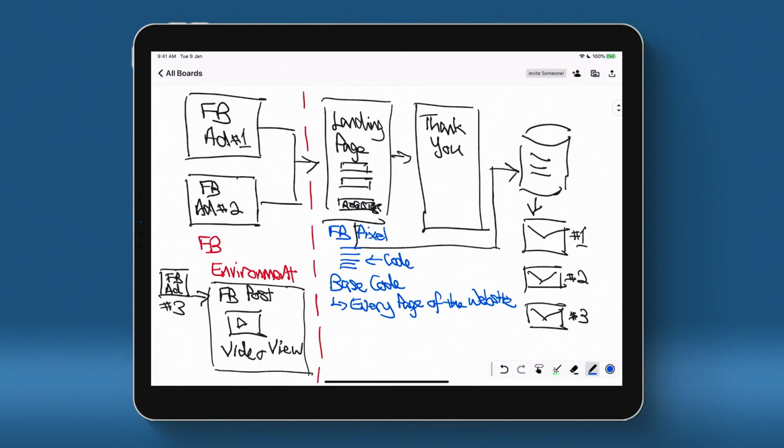Toys, baby clothing, bicycle. Because you have the base code on every page of your website, Facebook now has visibility